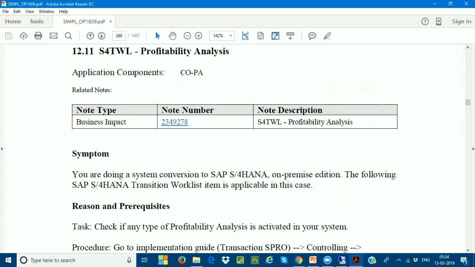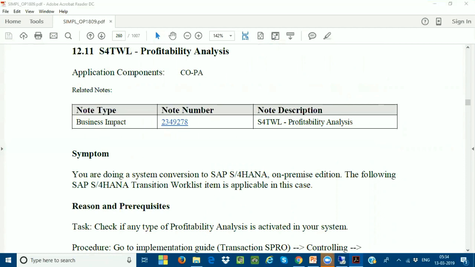From the starting of the classes, I'm telling everybody that you have to use the simplification list. Very, very important actually. The simplification list will play a major role to enhance your knowledge. Why? Because whatever differentiation you want to make between SAP ECC and SAP S/4HANA, the simplification list will give the complete idea. This is just like a Bible for us to understand the changes before and after. I'm telling you, don't ignore the simplification list.